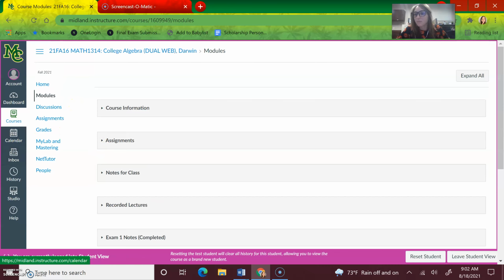Lastly, there is this inbox feature in Canvas. You can message me directly, and I get those notifications on my phone. Sometimes this is a little quicker response than email, but feel free to reach out either way. Lastly, if you want to find your grades, feel free to click this button and you can have access to your grades. Tried to make this semi-short, so not to overwhelm you, but please, please, please reach out with any